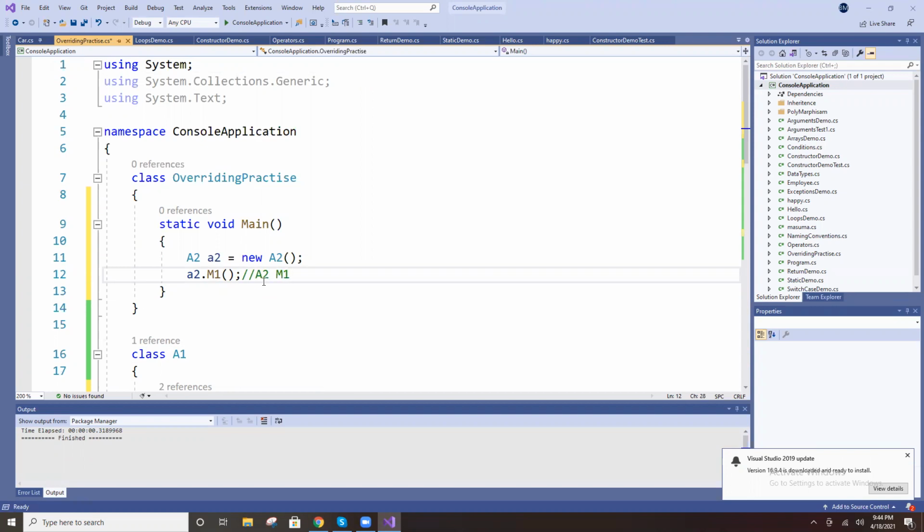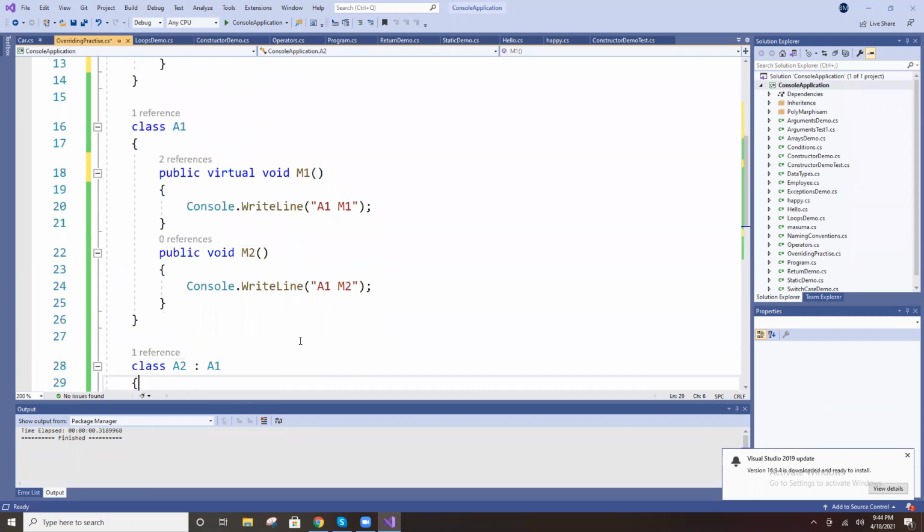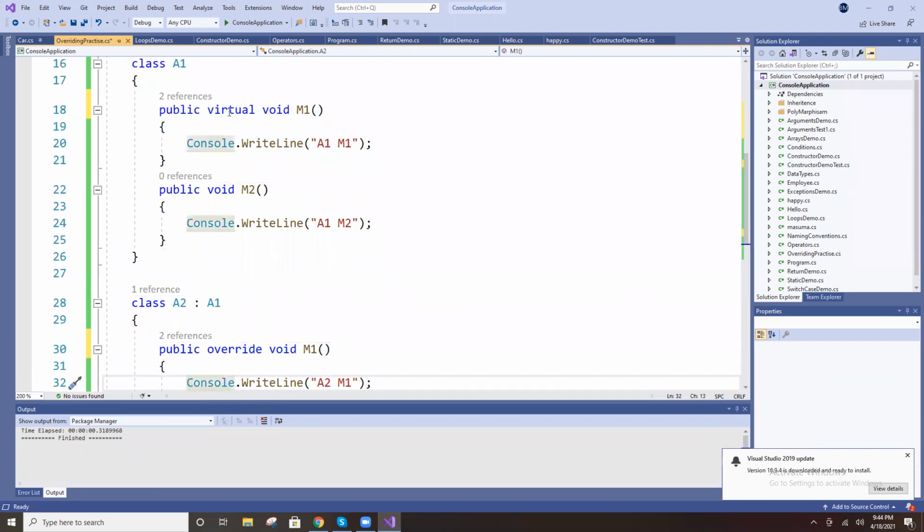That is overriding. So this is the virtual keyword and the overriding. This must be put there, right? To override it, the parent class has the virtual keyword and the child class has the override keyword, and only then is it method overriding.